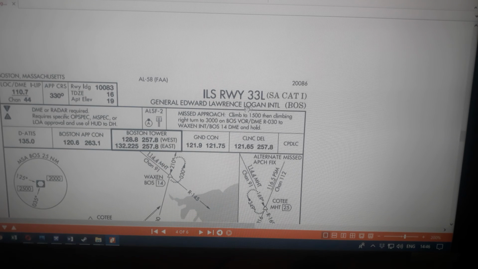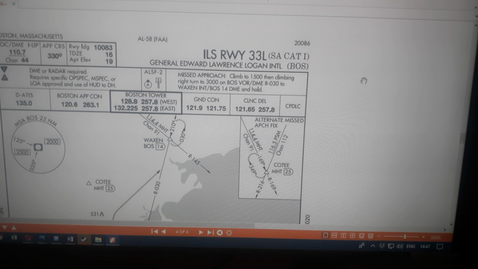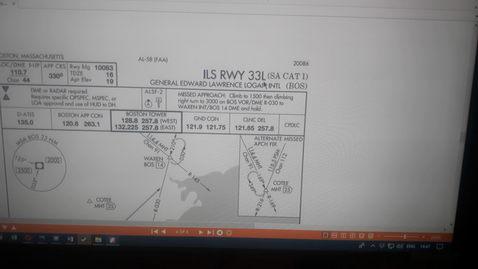Now here you can see this is a category 1 ILS. There are 2, 3. That means I just picked up category 1. So each one has a runway visual range or a decision height, all separate. See category 3, there are A, B, C. Category 3C, you can land without any visibility. You can even put a newspaper on the windscreen and then land on the runway. But this is the first edition, category 1. So this is the 33L, it is shown here.